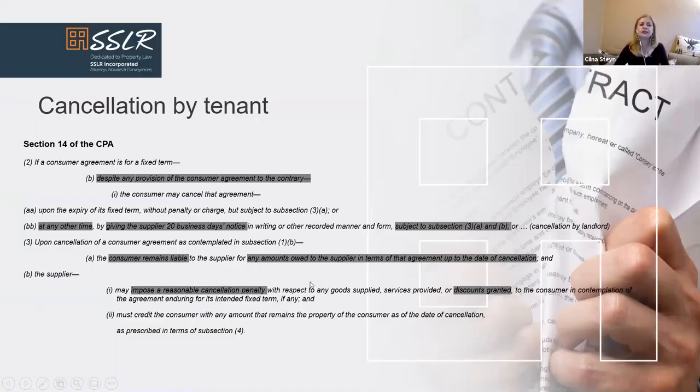So, first off, we need to understand the application of the CPA. Now, I think I've bored you with this so many times over. If you are still unclear about when the CPA applies to a lease agreement, please go back to our previous sessions where I dealt with the application of the CPA in a lot of detail. And if you are still uncomfortable with that, there is a flow chart on SSLR's website clearly indicating the